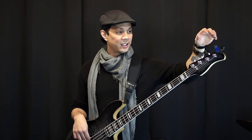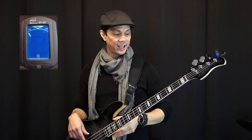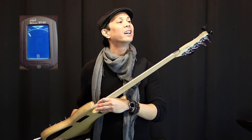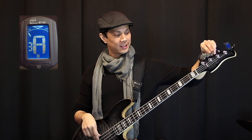The second method is this little tuner that's clipped on the end of my headstock. I'm going to go ahead and play the A. What's that saying? It's saying that A is really flat, because it has a dial saying whether it's flat or sharp. So I'm going to tighten up the second tuning peg on my bass